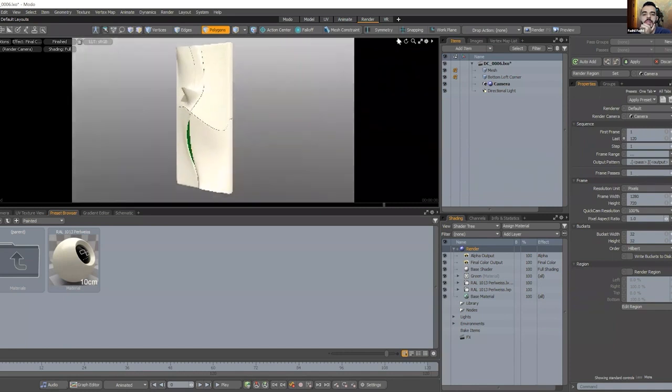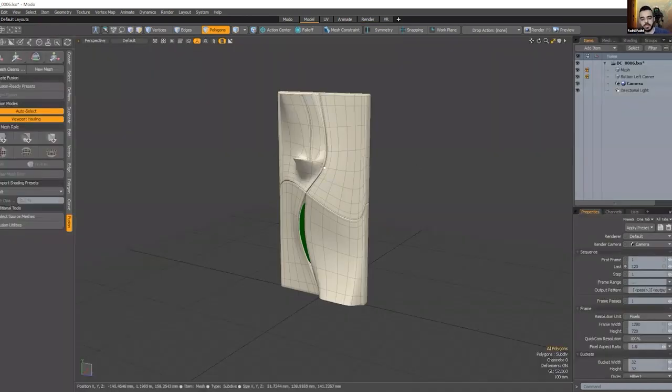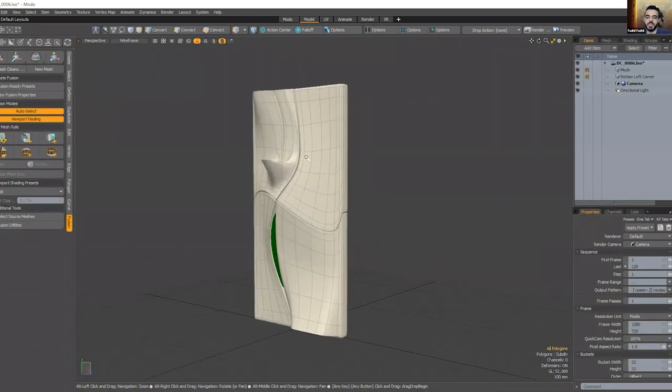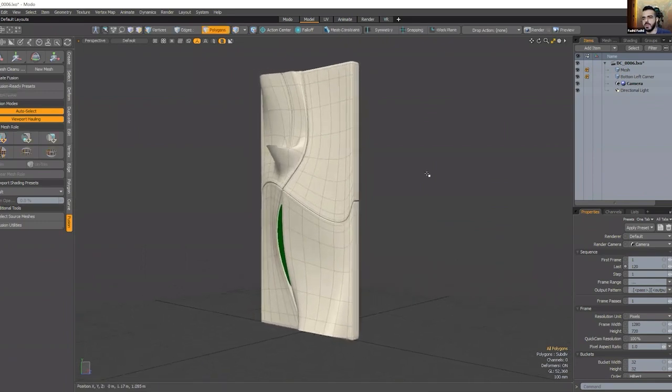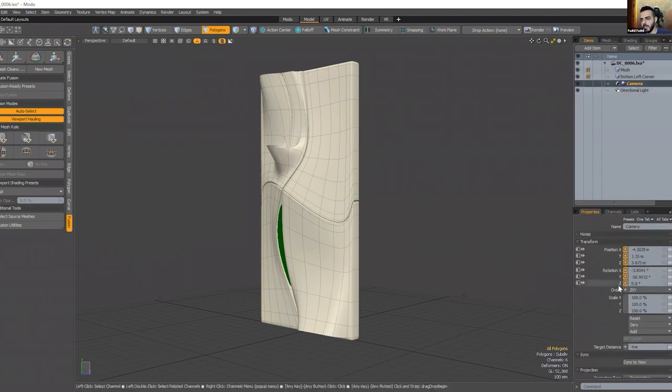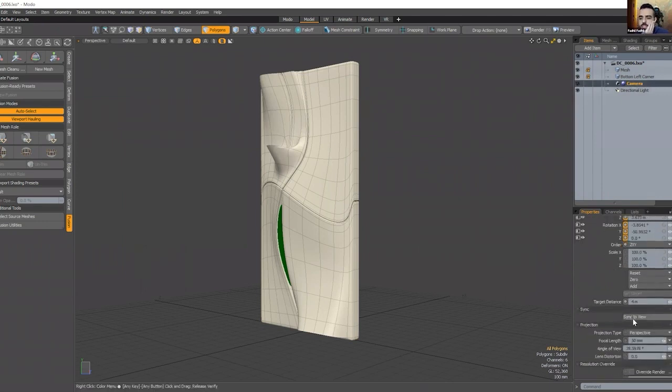What's really interesting is that if you go to model, and let's say I wanted to have this view rendered, I'm going to set the view. Then you go to camera, and you can hit sync to view, which means that this view will immediately become your camera view for render. So I'm going to hit sync to view. I think the focal length is a bit too much, so I'm going to lower that to 35. And now when I go to render,